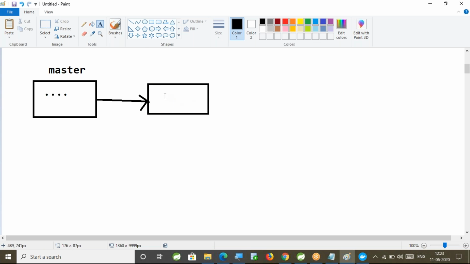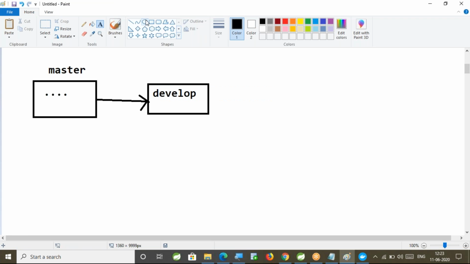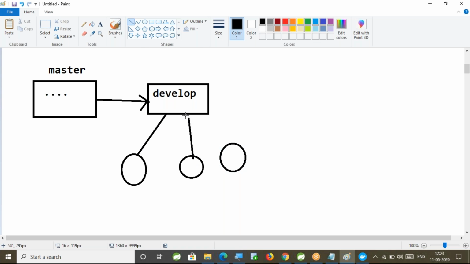The developers who are working on the project are going to work on this develop branch.